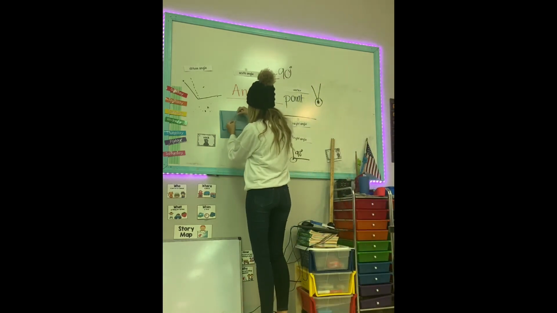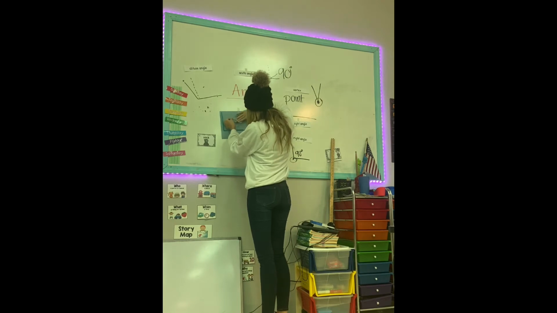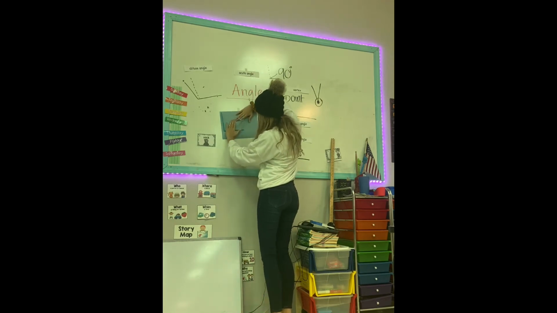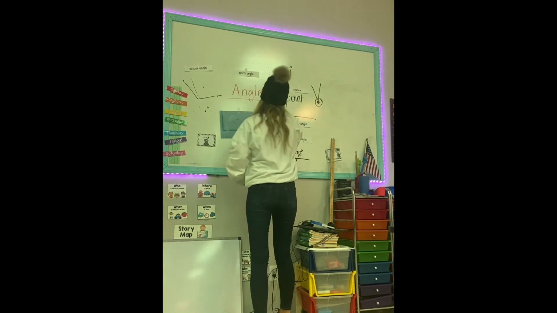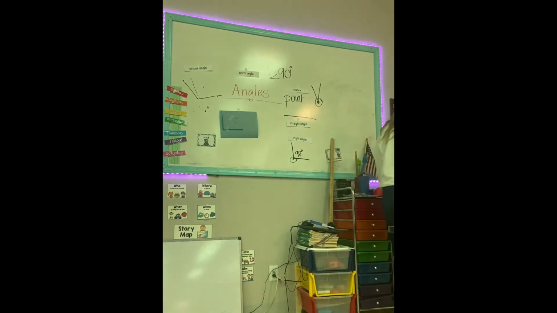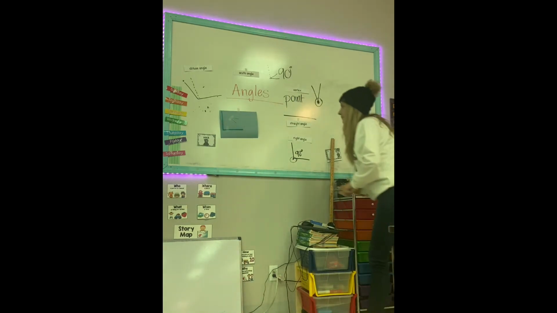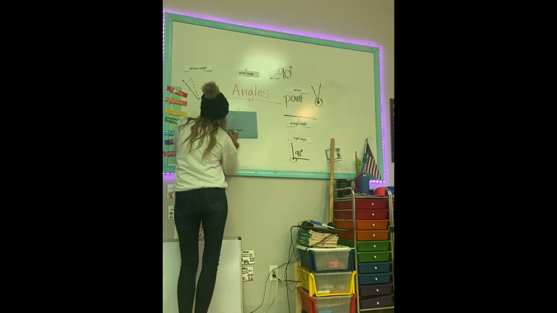Let's do this one right here. So I'm making this small, so what's this one gonna be? Right, the acute, and what was the first one I made? The right angle, so let me label those. Here we go. Right